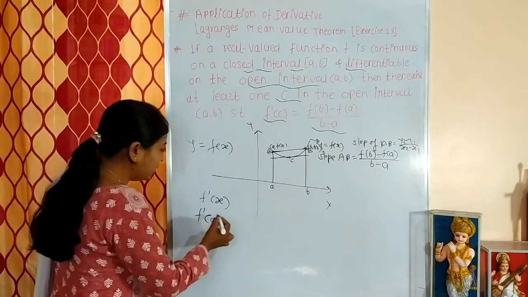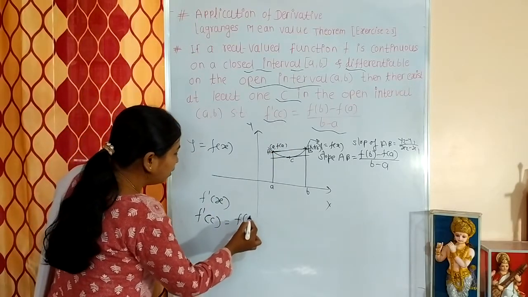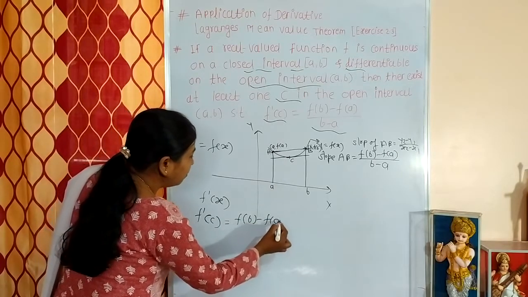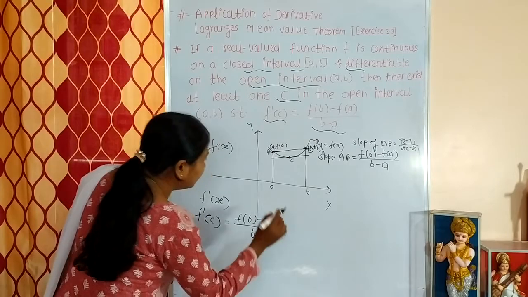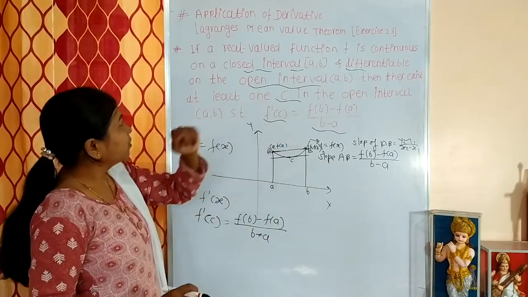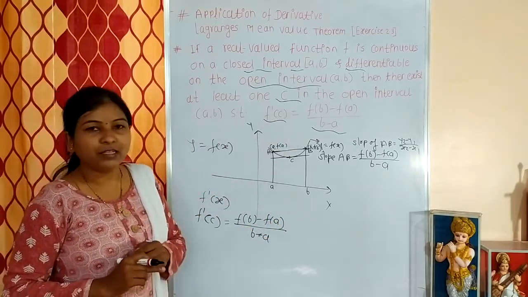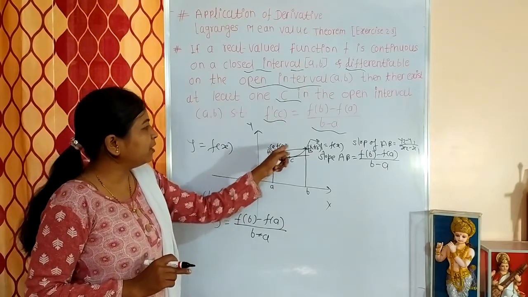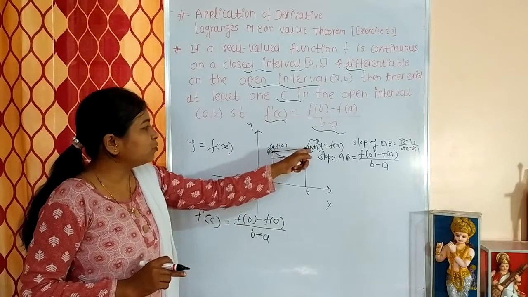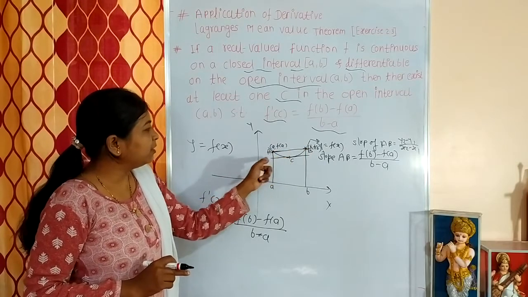Then we get f dash of c is equal to f of b minus f of a divided by b minus a. Okay, we have considered the real valued function f of x, y is equal to f of x, with endpoints a, b, and the corresponding values of y are f of a, f of b. Then we join these two points, and at a point c, this is the tangent to